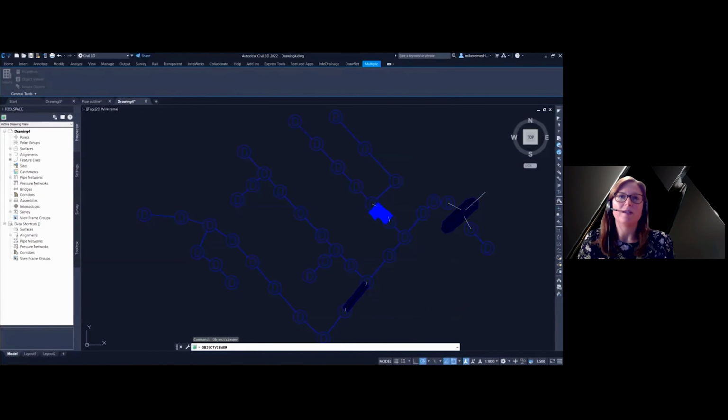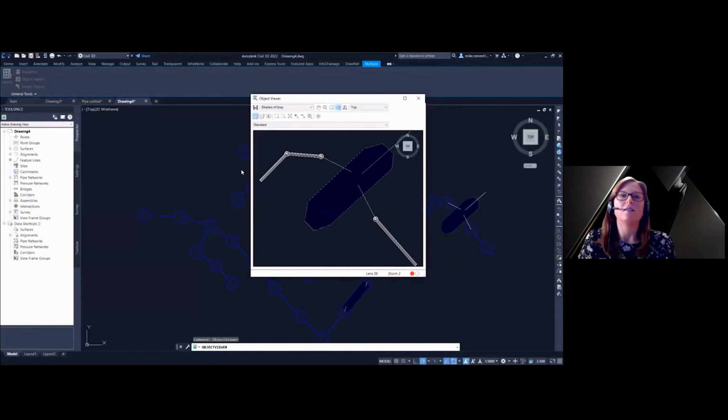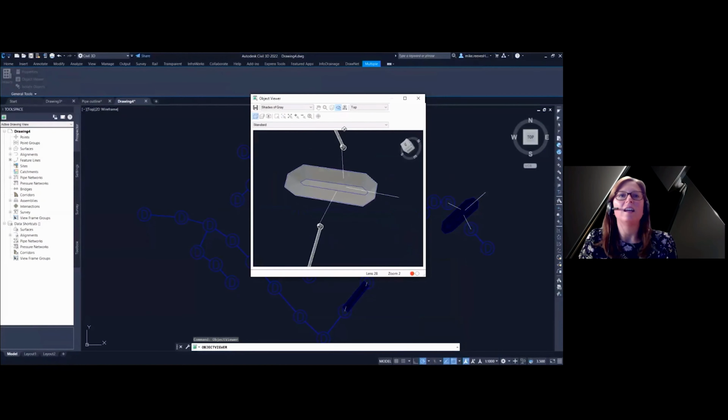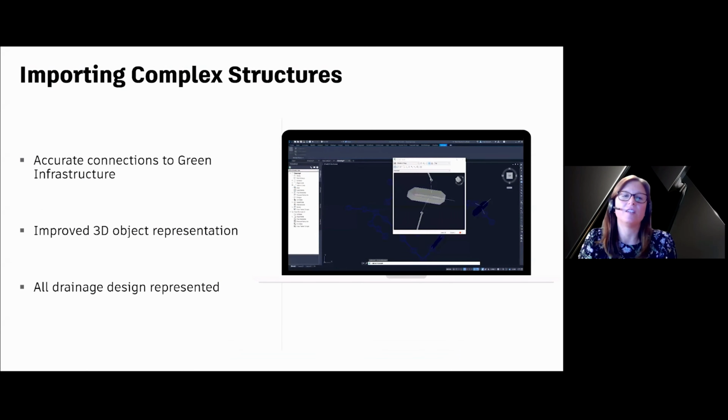So we'll be able to see the feature lines and the actual mesh connection there, and see that the locations are accurate in terms of the inlet and outlet locations, and that structure has been brought across from InfoDrainage with the same outline. So if we edited those feature lines, made it deeper, that would be maintained in the link.